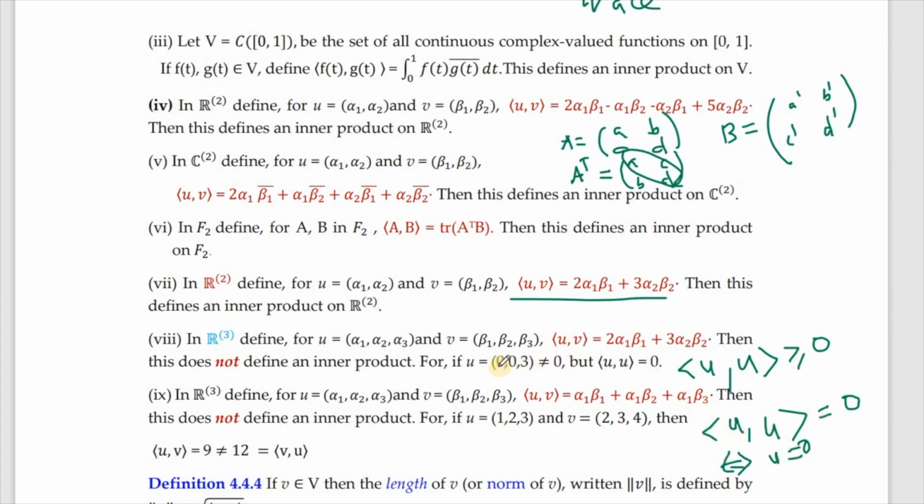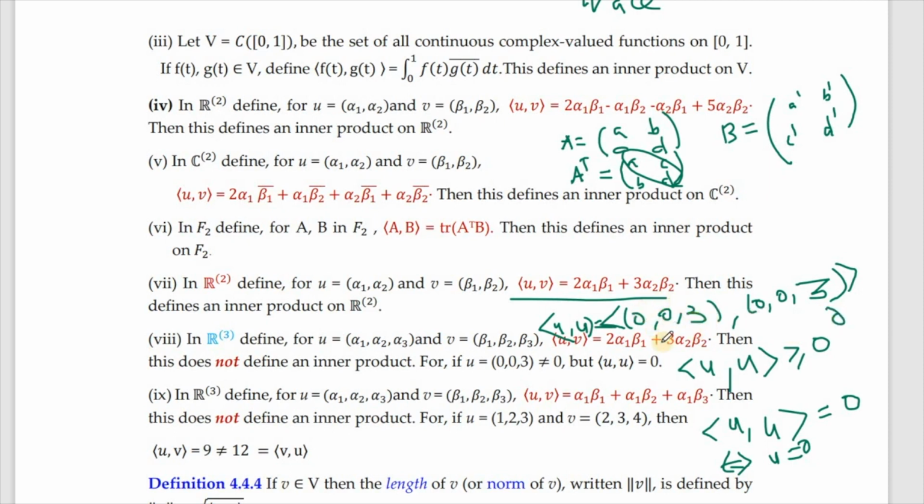The reason is, when you compute inner product of U with itself, you are making use of this inner product. So U with U means you will have 0 with 0. So it will be 0, 0, 3. That is one vector. And the same vector, with that only we are finding the inner product. So when we compute this, we will have 0 with 0, so twice of that, and 0 with 0, thrice of that. Okay, so that is how it is defined. So that definitely you get inner product UU to be 0 undoubtedly.